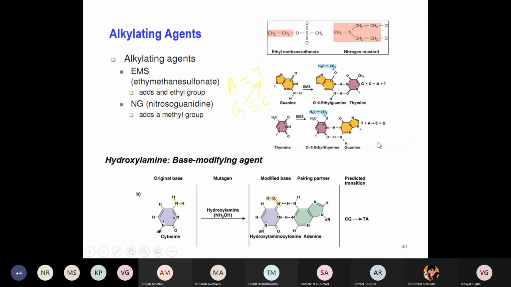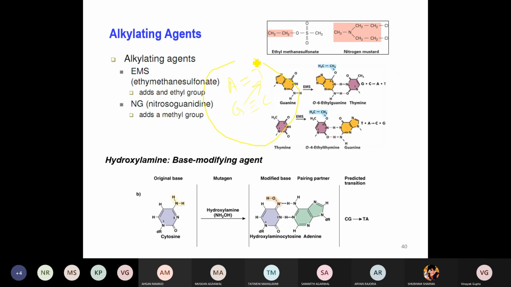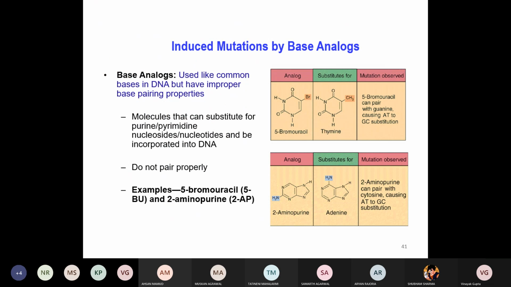So in all of these, whatever I have on the slides, alkylating agent, deaminating reagent, hydroxylamine, the ultimate outcome is the same: CG to AT and mis-base pairing. That is the fundamental rule. It looks very complicated on the slide, but if you follow this matrix which I have just drawn, the concept is very simple. You just have to follow the rule of mis-base pairing. The same thing is going to happen with base analogs.